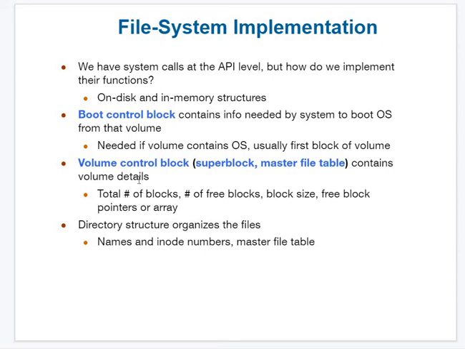Again, if we compare study with entertainment or family photos, the study drive will have less, because it has only document-type files, whereas entertainment will have media and video files, which are larger in size. How much space you reserve for the C, D and E drives is stored in the volume control block. The next one is the directory structure, which per file system is used to organize the files.